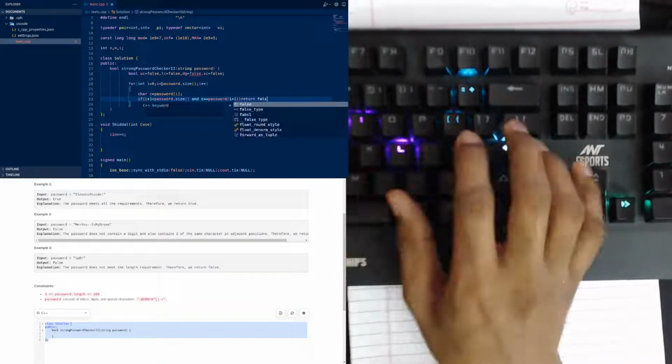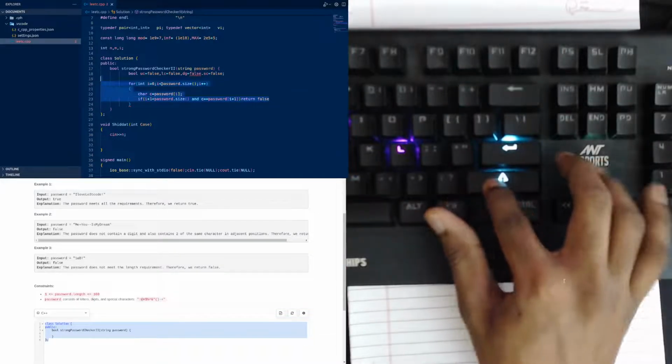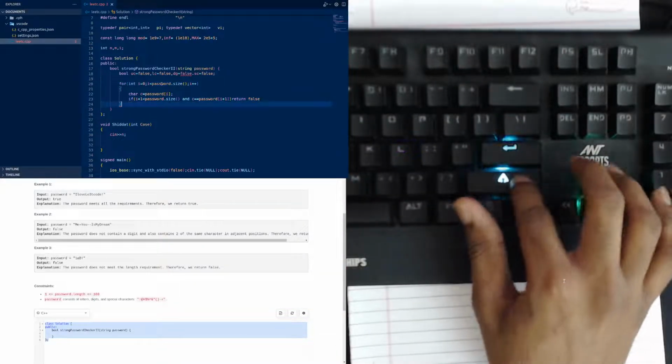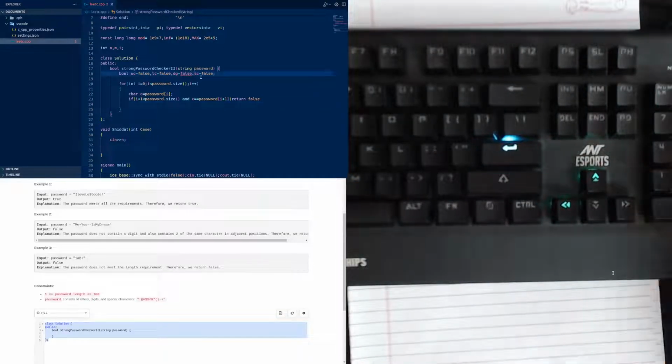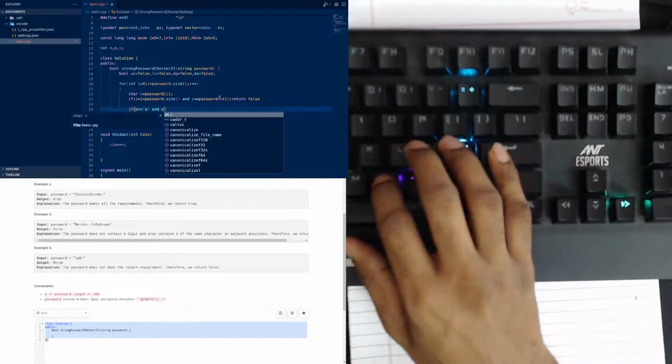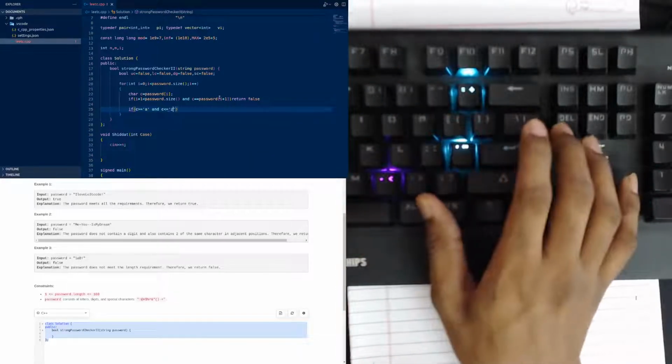Return false, because this is going to violate the rule that adjacent characters should be different. So also for the cases, if character is greater than or equal to small a